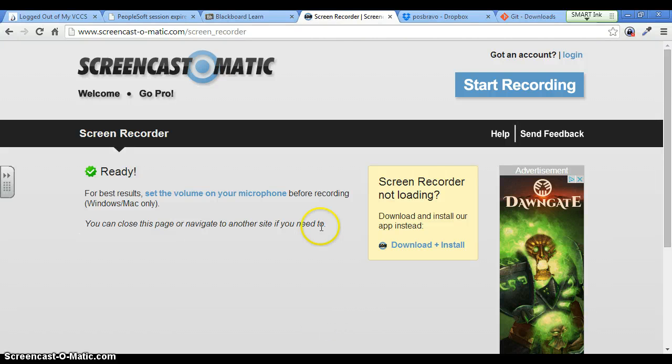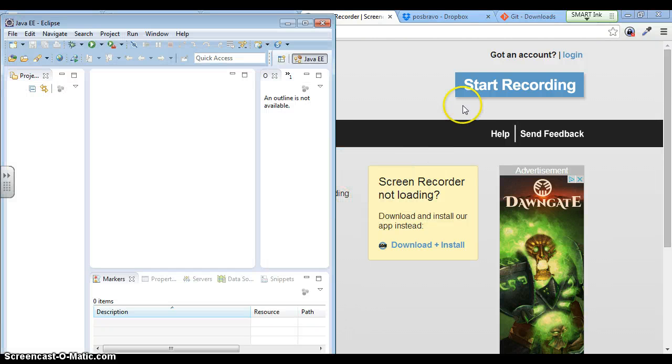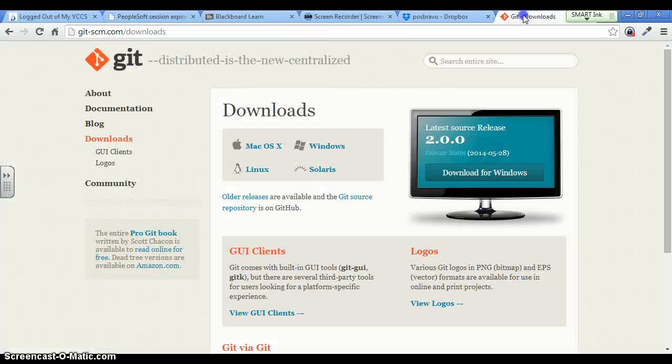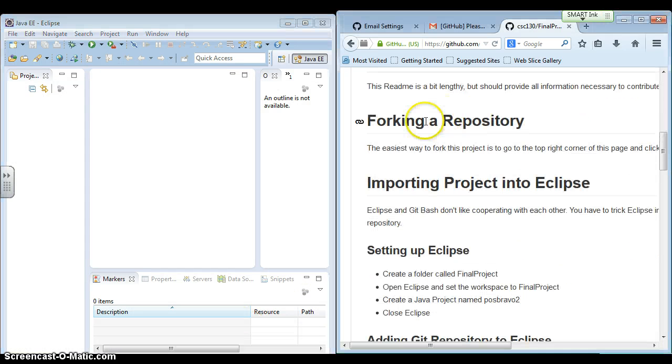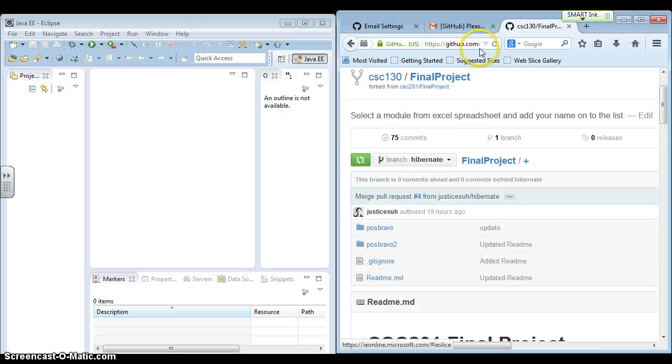All right, let's come back. So what we try to do, we try to import our final project, right, according to this instruction. So we did click on the fork. After you sign into the account, you go to